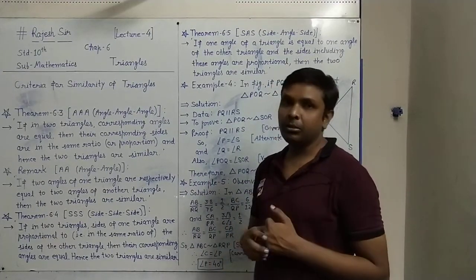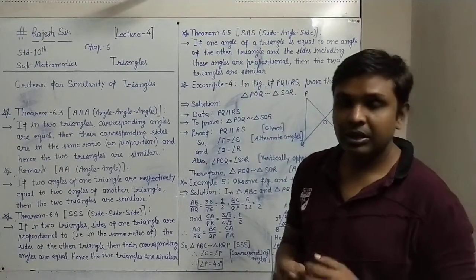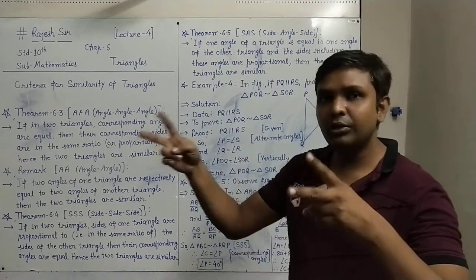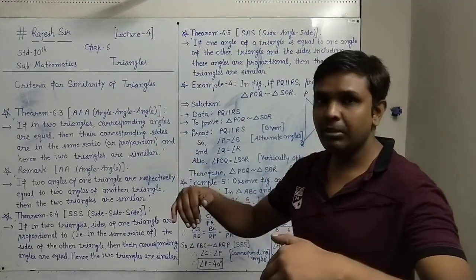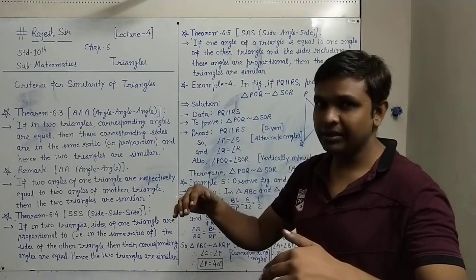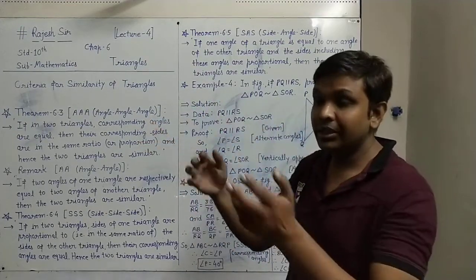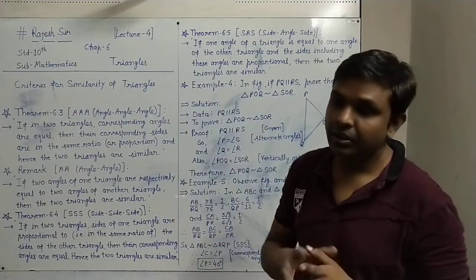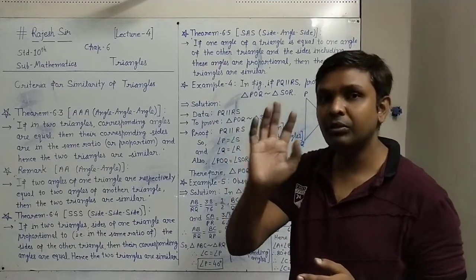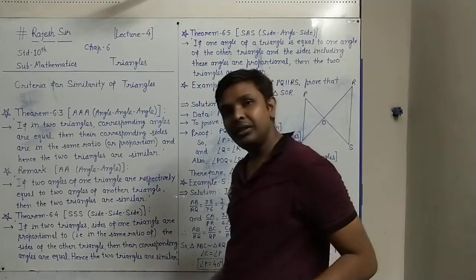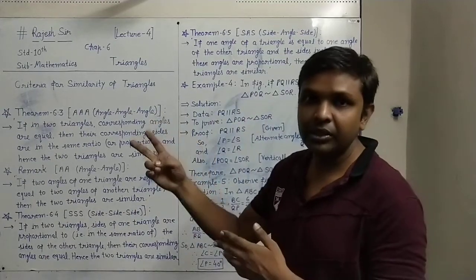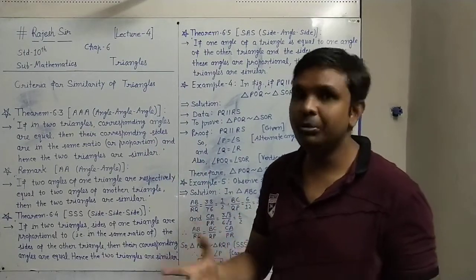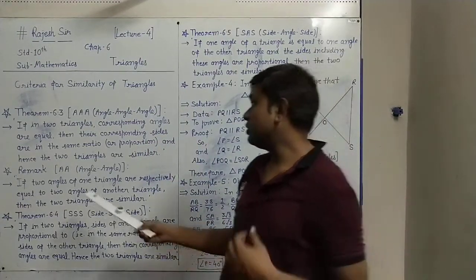Because you know the angle sum property of a triangle, the sum of all 3 angles is 180. If two angles you have shown equal, the third angle remains in each of the two triangles. If you subtract the sum of the two angles of the first triangle from 180, and in a similar way subtract the sum of two angles of the second triangle from 180, the third angle will be automatically equal. So here it is also the criteria.